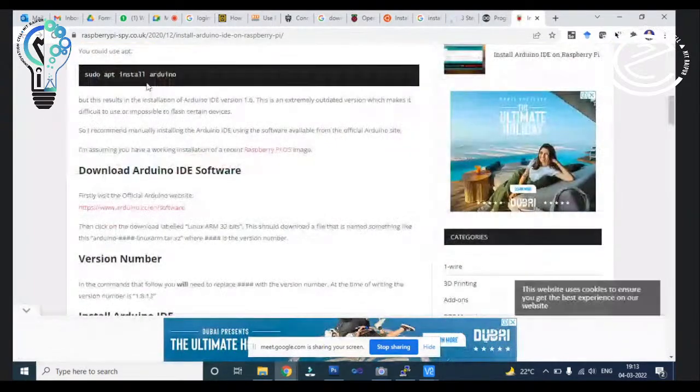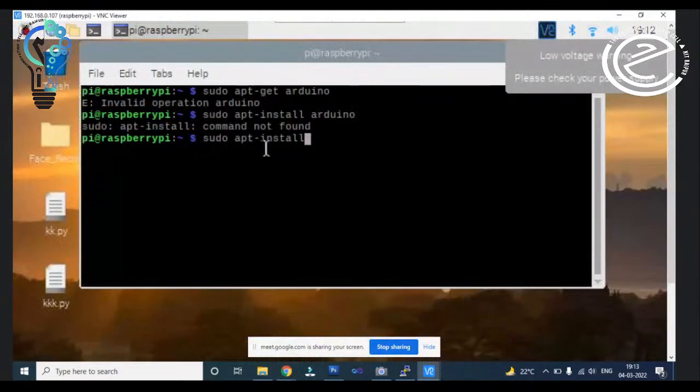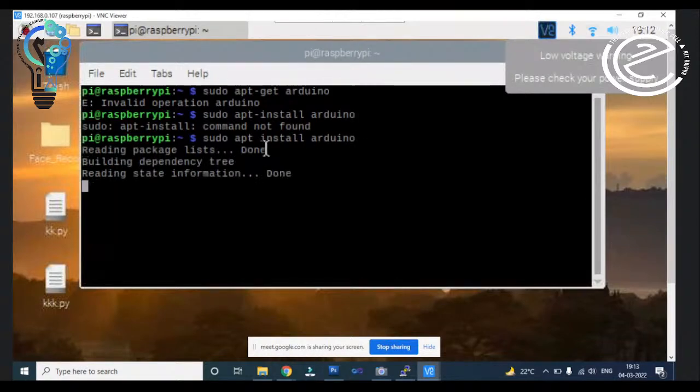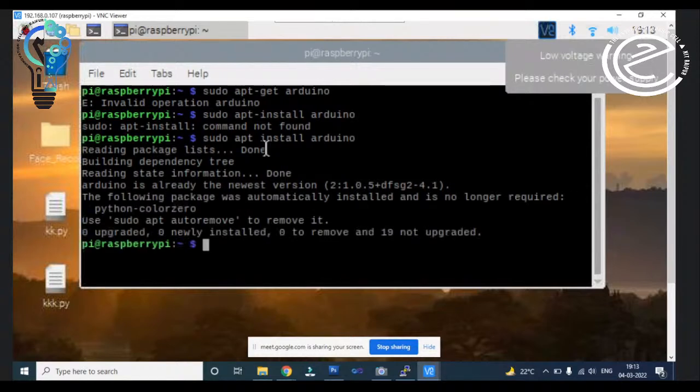Yes, apt install arduino is the correct command. If you write this command, then you will get the Arduino software for this Raspberry Pi board.